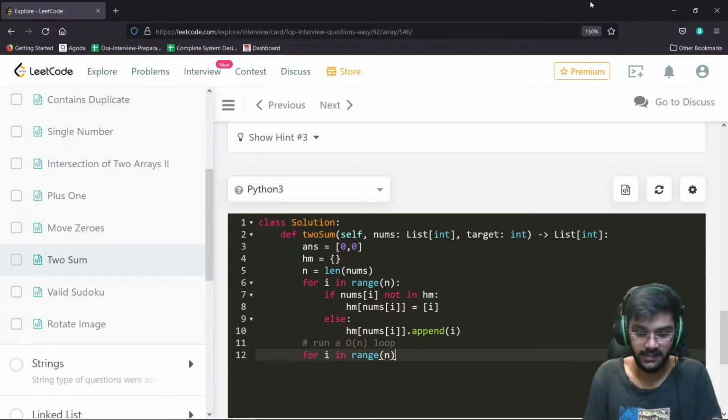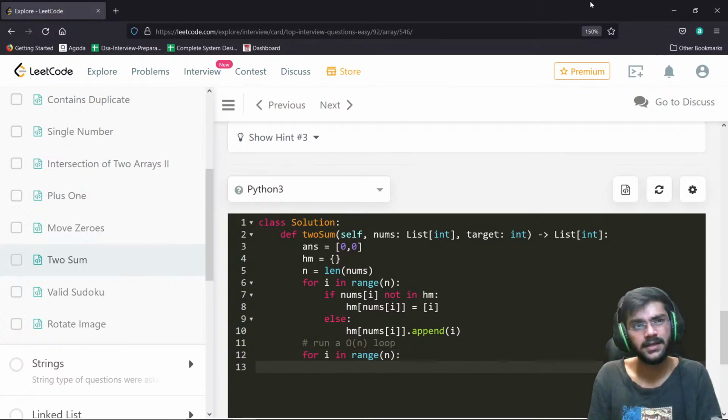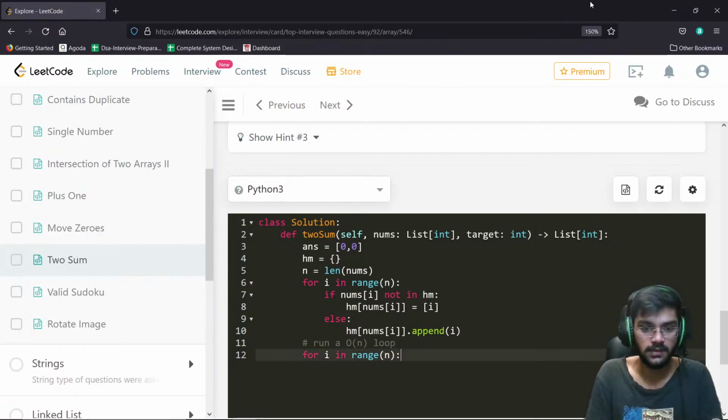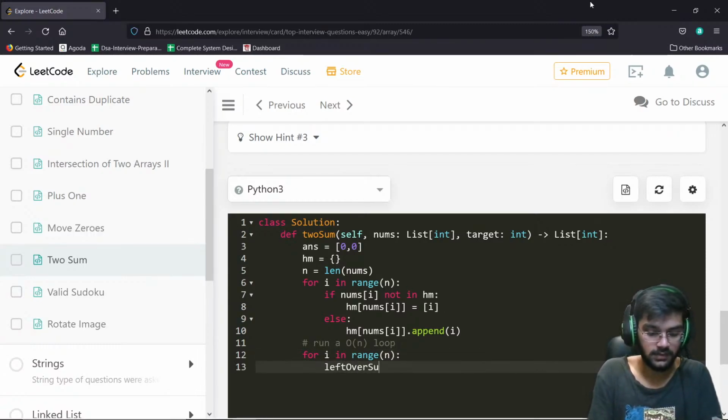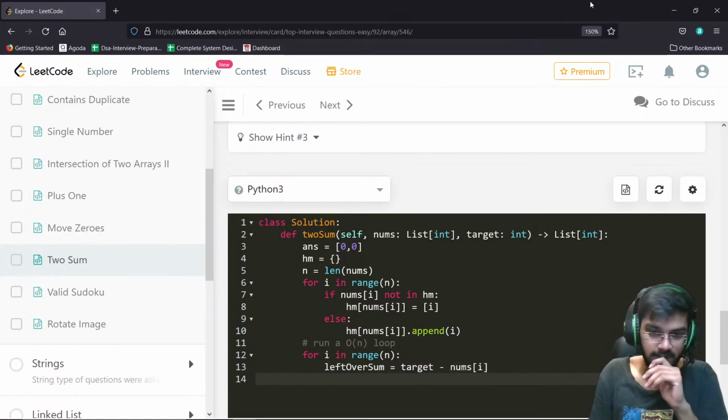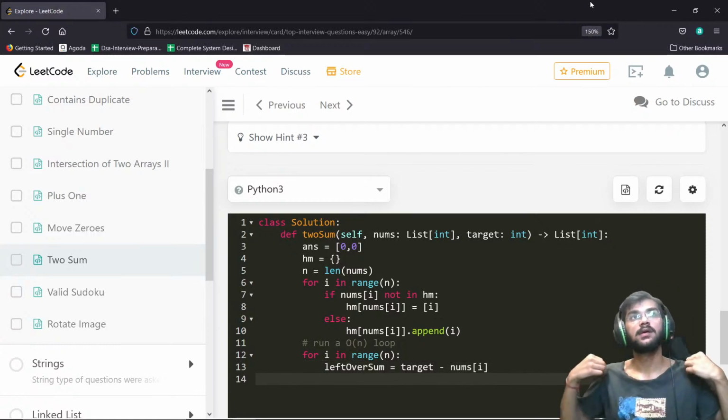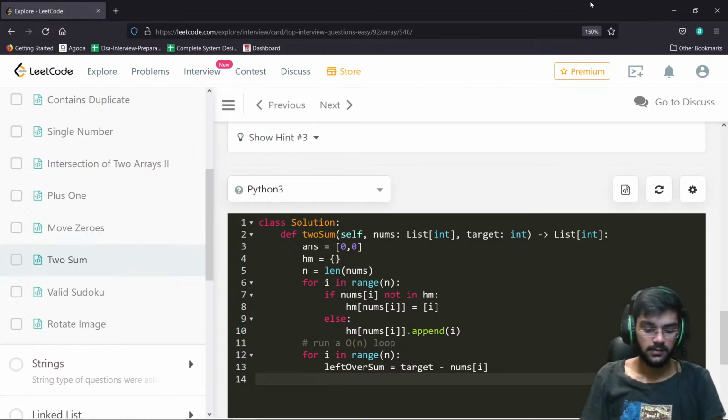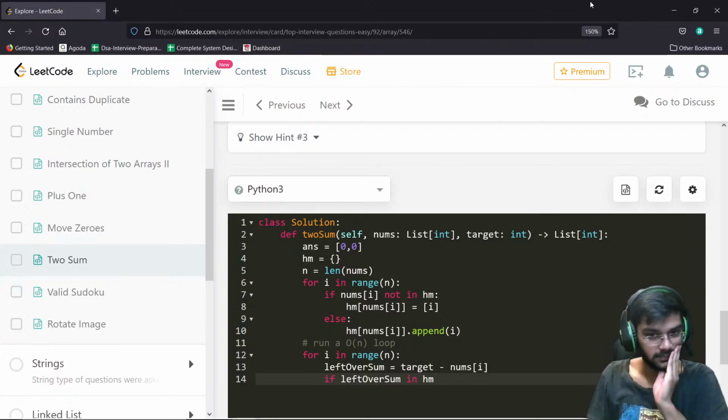So for I in range n. So, what's the leftover sum? I'll write something like this. Leftover sum is target minus the current element, nums of I. Correct. Now, if the leftover sum is in hash map, in that case,